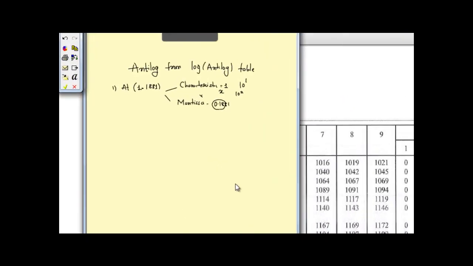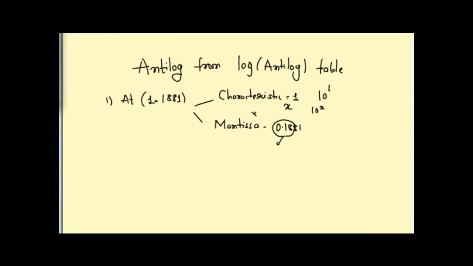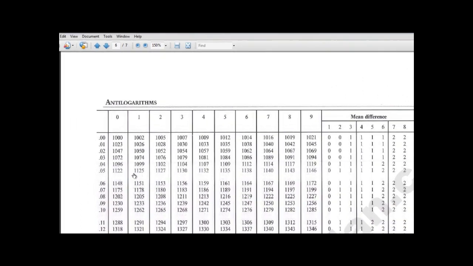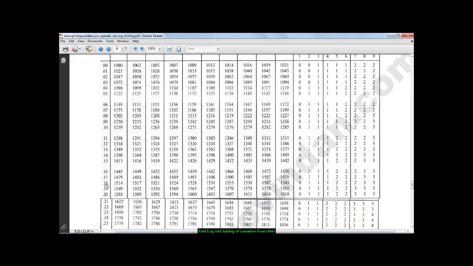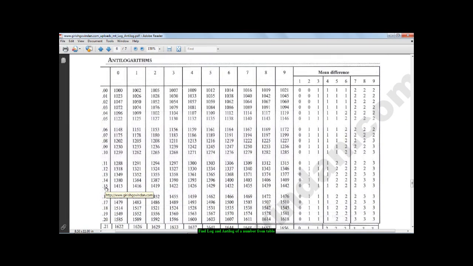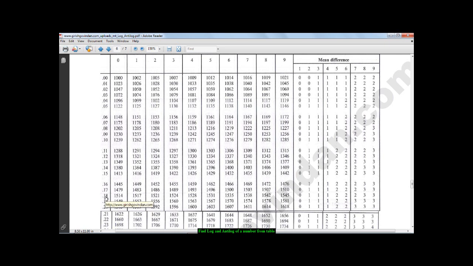Same logic: the first two digits, 0.18, give the row number, the third digit gives the column number, and the fourth digit gives the mean difference. So we'll go to row number 0.18, that is this row, column number 8,